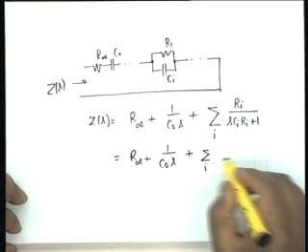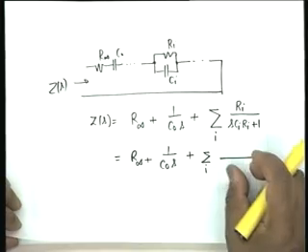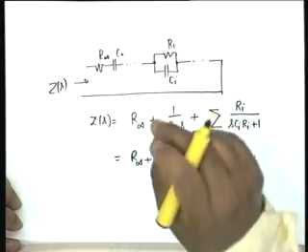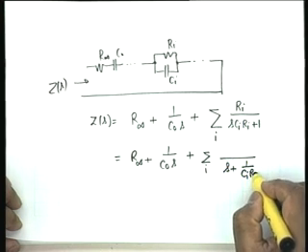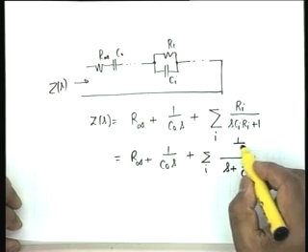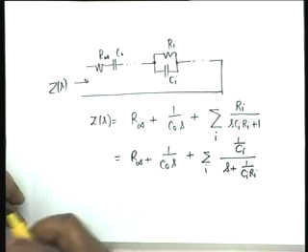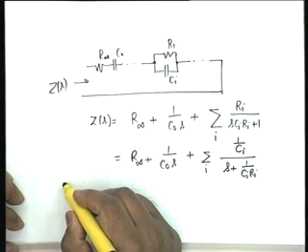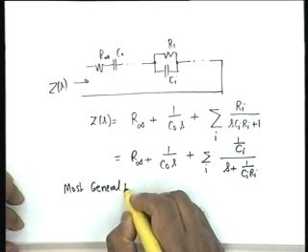summation over i. I want to write this in the form of a polynomial in which the leading coefficient is 1, that is, I want to make the pole obvious. So, I want to write this as s plus 1 by Ci Ri, then the numerator obviously shall be 1 by Ci. Is that okay? So, from this observation we say the most general form of an RC impedance,